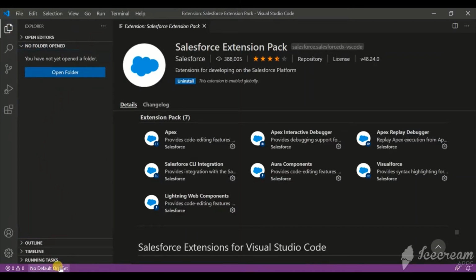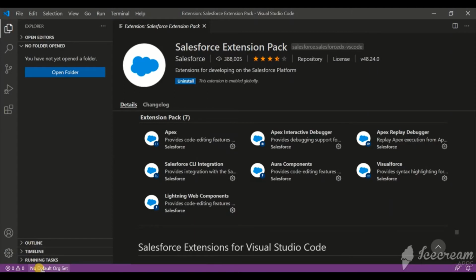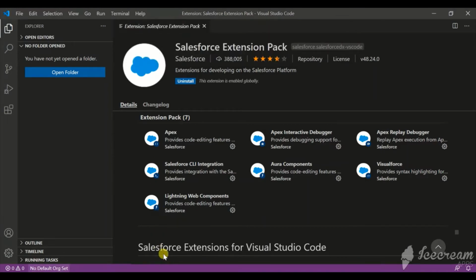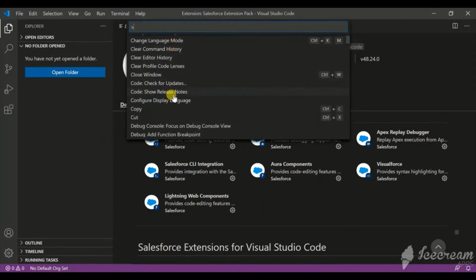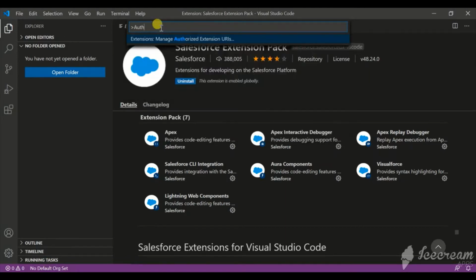No default org set. Let me go ahead and set it. So this is the main thing, the command palette. You can see once you have installed the Salesforce extension pack, no default org setup is there. So you have not created any working copy. Otherwise you would have seen your working copy folder here. So if I click here, you can open the command palette like this. Otherwise, let me escape. If you press Control Shift P, that way also you can open the command palette. Now you don't see that authorize org, because when you click here, you directly see the authorize org because it's mainly used for that. This is like in general, if you search like auth